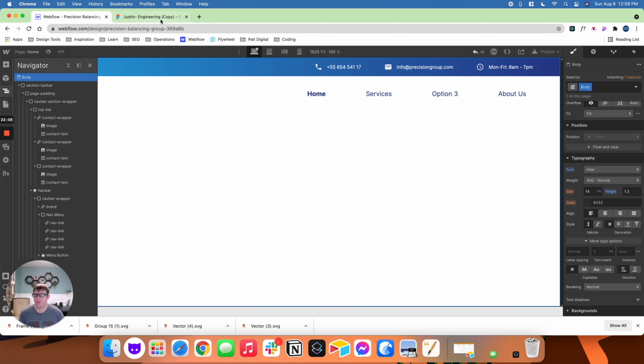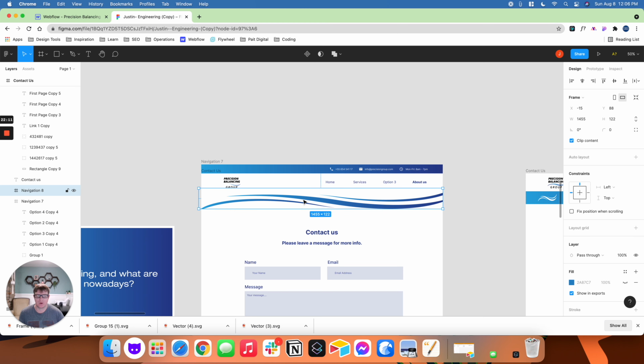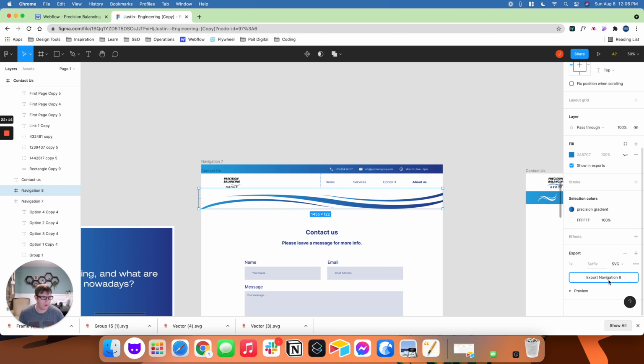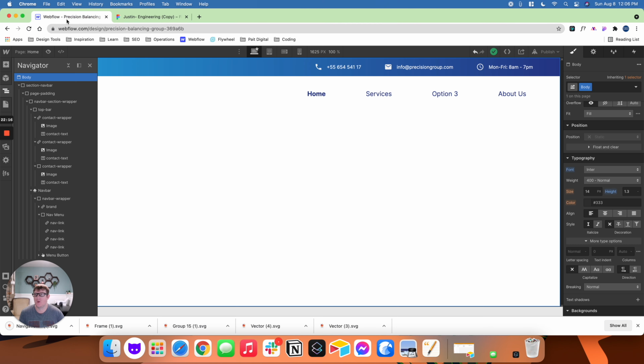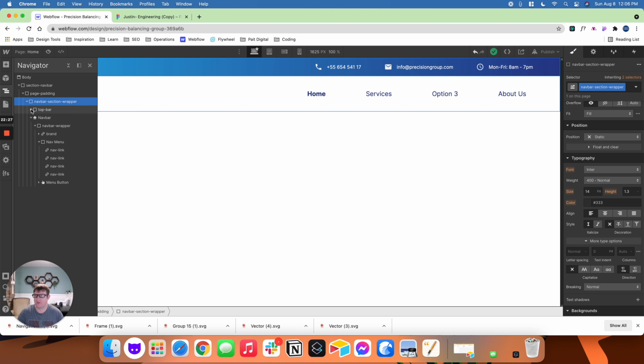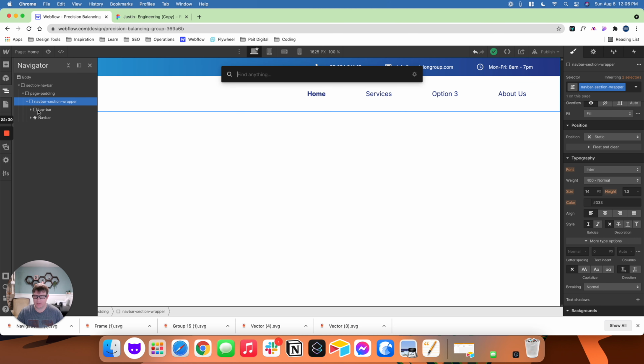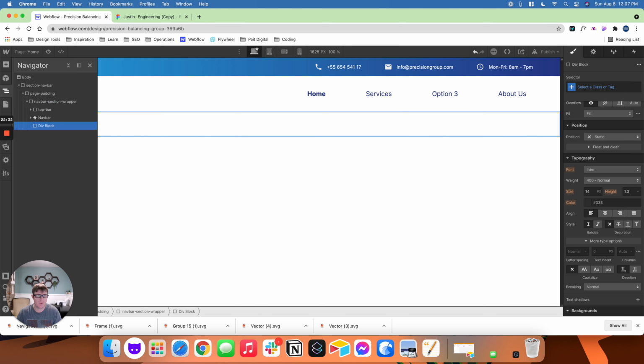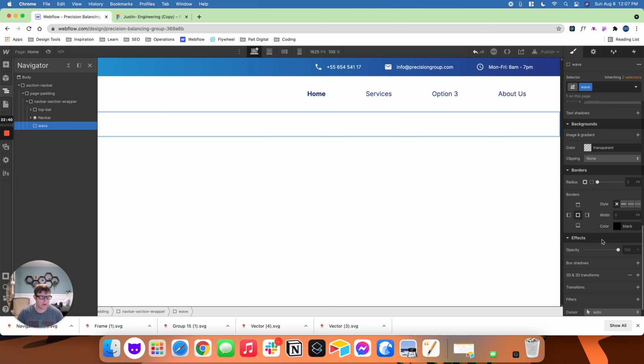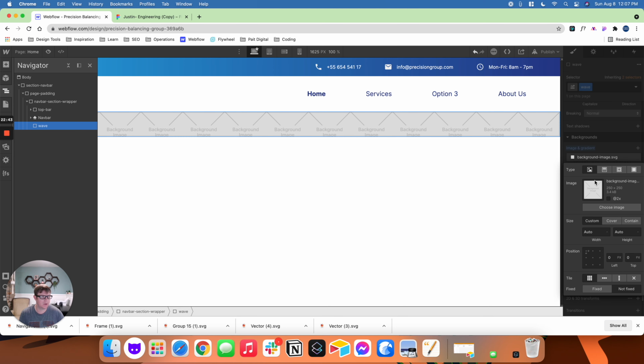And then the last thing we want to do now is add the wave here. So I'm going to go ahead and click on that. I'm going to export it. And then what I want to do here is in this Navbar section wrapper, let's collapse everything else. Hit Command E, type in div, hit Command E to name it. I'm going to call it wave. And then all I want to do is add the background. So I'll add the image here, choose image,